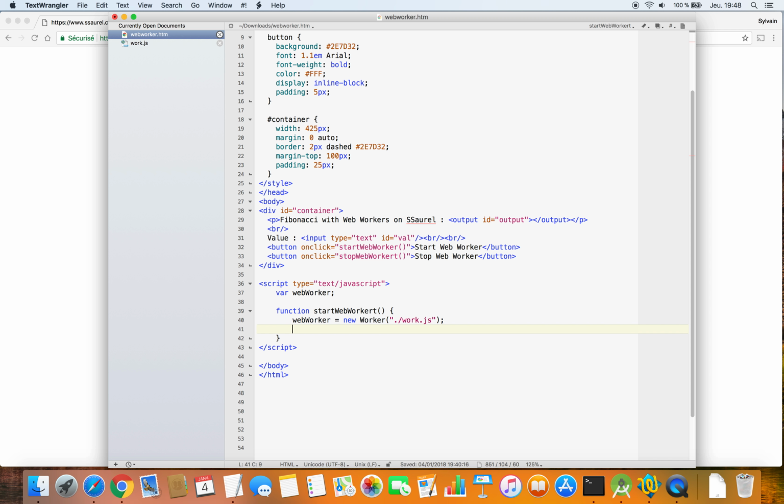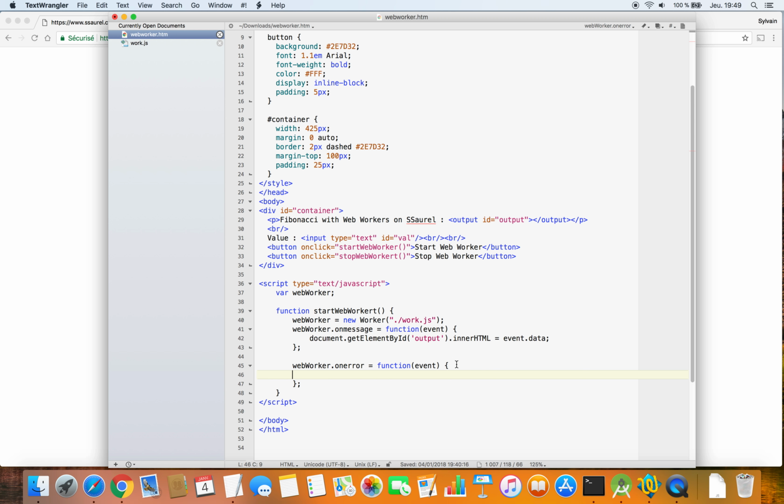We will display the result on the screen in the correct element. Besides, we define a callback function in the onError property of the web worker. We log the error in the console.